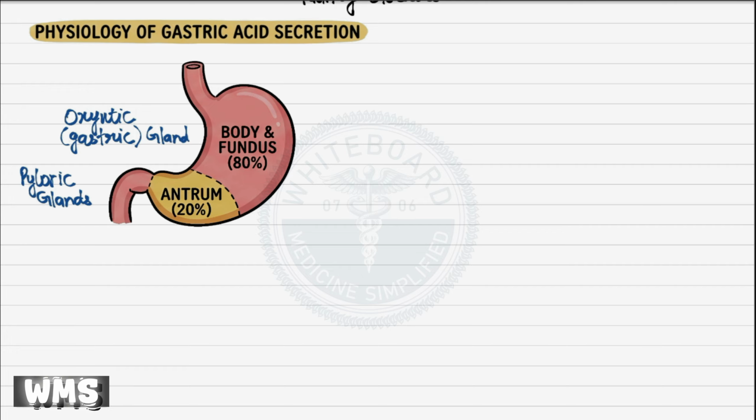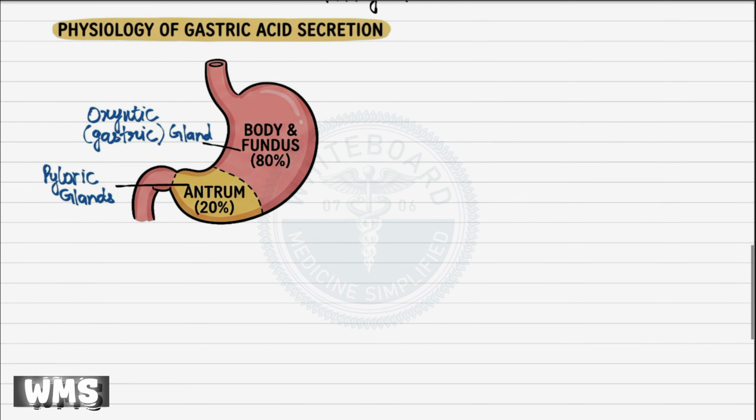The oxyntic glands are predominantly located in the body and fundus of the stomach, that is, the proximal 80%. And this region is therefore referred to as the oxyntic gland area. In contrast, the pyloric glands are mainly found in the antral region, which forms the distal 20% of the stomach